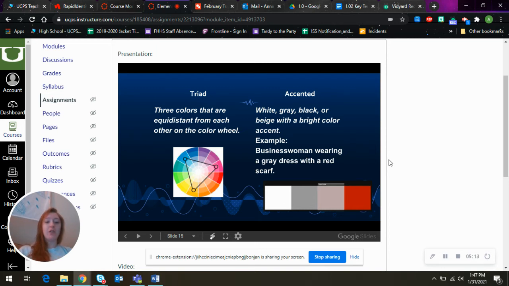Triadic are three colors that are perfectly distanced apart to make a perfect triangle on the color wheel. And then accented neutral is taking a neutral, so white, gray, black, or beige, and adding a color. So this is like a gray and then also white, and they added a red in there to make it